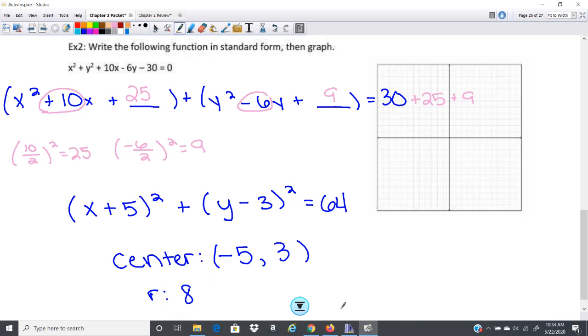All right, and that should cover everything in section 2.8. So that is the end of the chapter. What you want to do in the next couple of pages is do your practice problems and your test review to prepare for your next